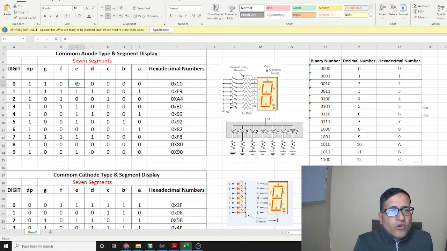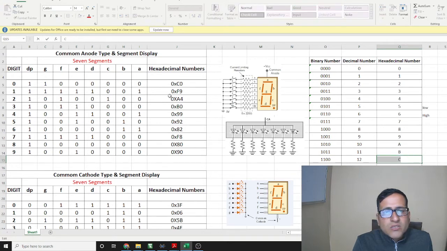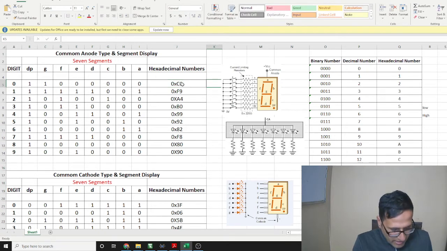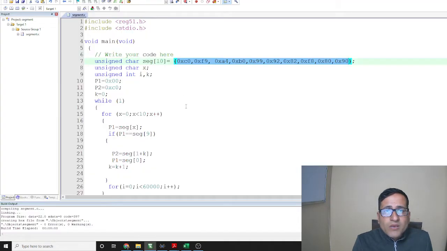And from E to DP, which are 0, 0, 1, 1, corresponding to these, we can see from this table that 1, 1, 0, 0 is C. So we will put the value 0xC0. Let's check in the code. Here you can see for 0 we have taken 0xC0.